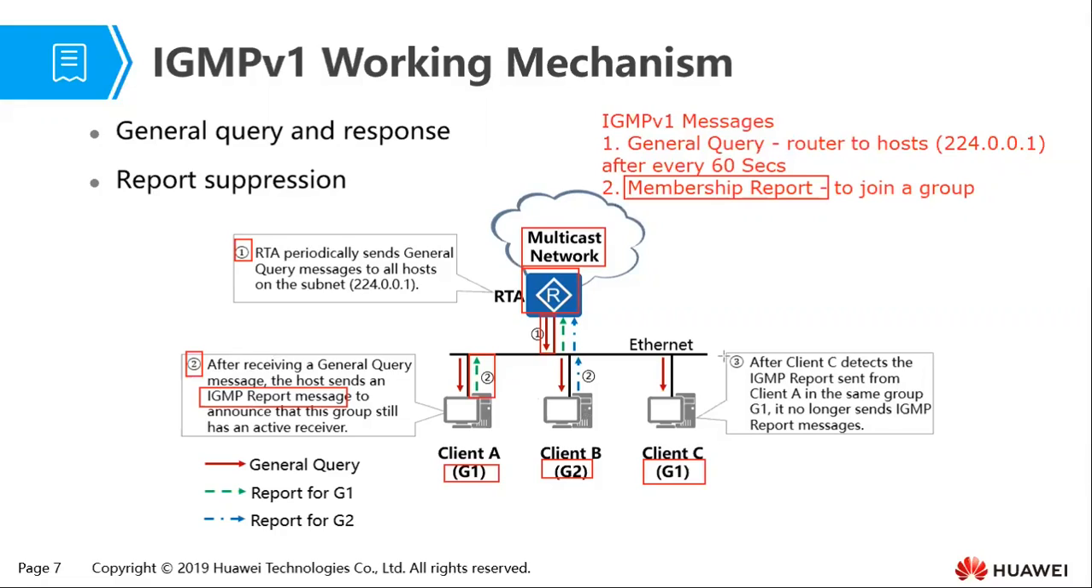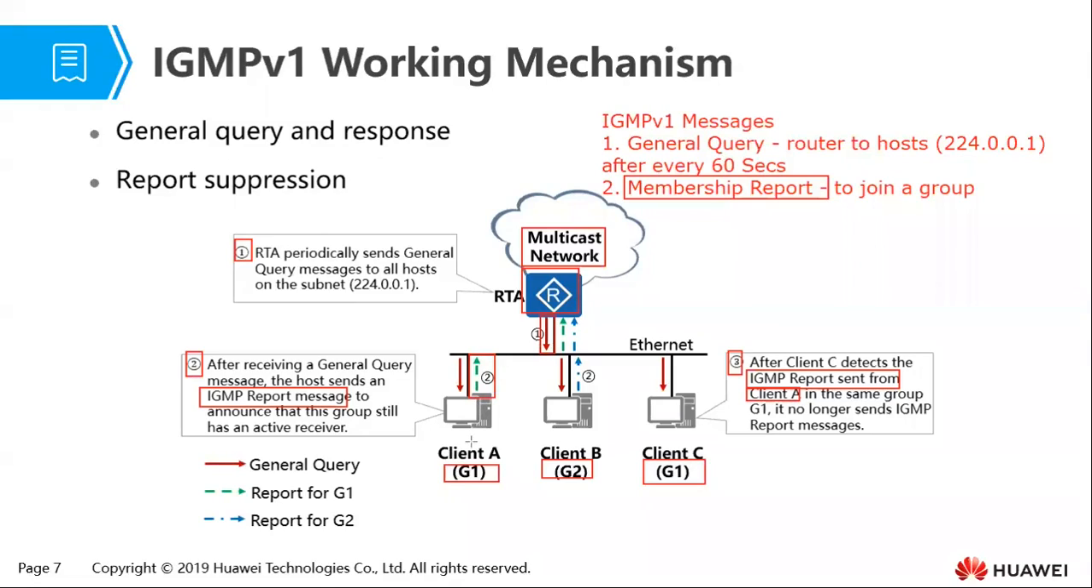Now, let's look at number 3 here. We can see that client A and client C are both in group 1. So what do they say here? After client C detects the IGMP report sent from client A in the same group G1, it no longer sends IGMP report messages. Now, when the router sends a query message to ask if there is someone in group G1,